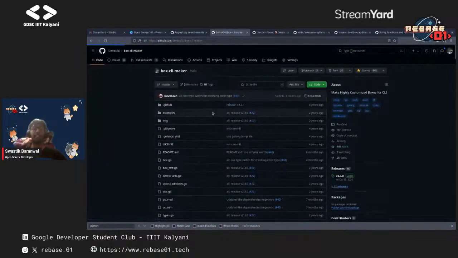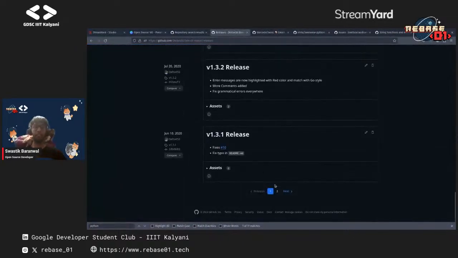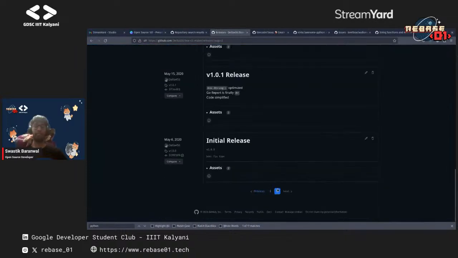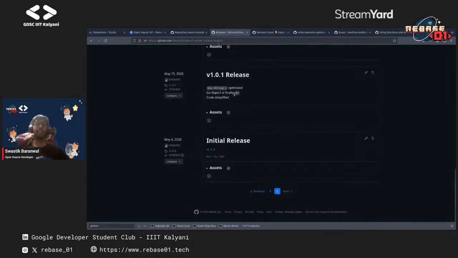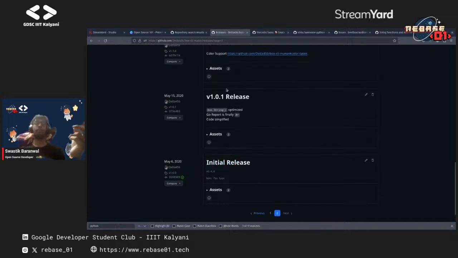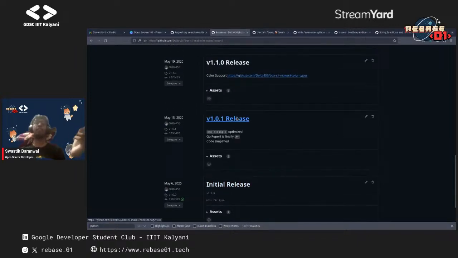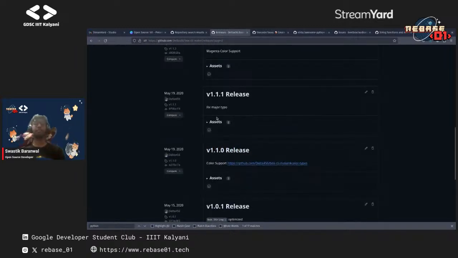I did my first release on May 6, 2020, in which I directly ported the functions from that library. After that, I got some basic familiarity with both V and Go. Then I started to optimize the library which I ported. As you can see in the changelog, I started to add more features.